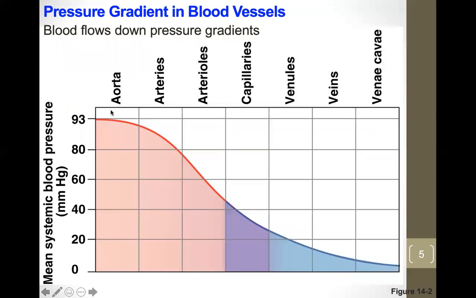So taking a look at the pressure gradient that we have. As soon as blood is leaving the left side of the heart, this is our mean systolic blood pressure measured in millimeters of mercury. On average, we could say that we have about 93 millimeters of mercury of our mean arterial pressure. So it's the pressure that is exerted on the walls of the blood vessels when the heart is actively pumping. It starts around 93 millimeters of mercury, and as it travels from the largest of our arteries,